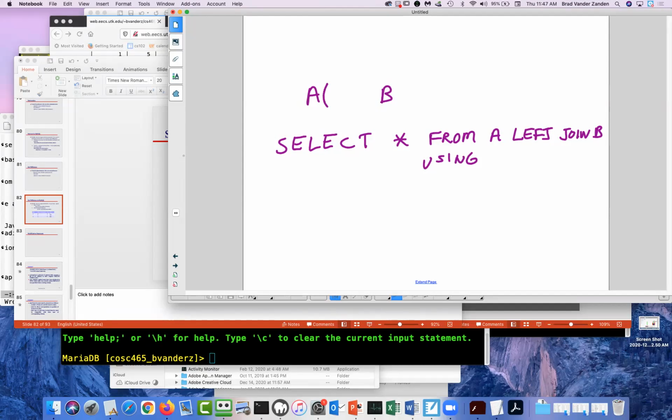So let's say the columns of A were X, Y, Z, and B was X, A, B. You say using X, union